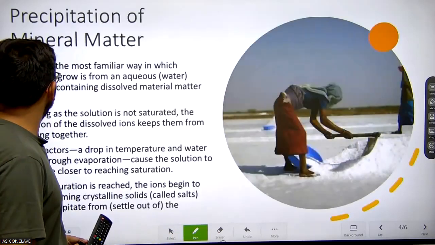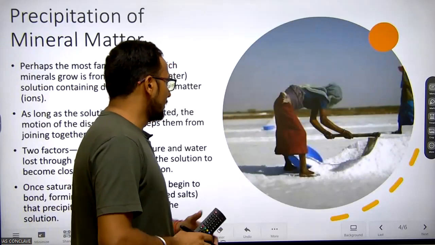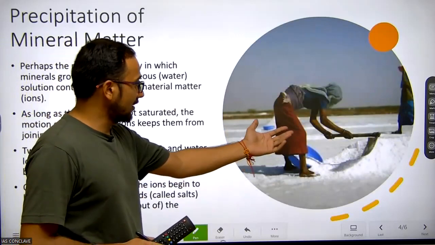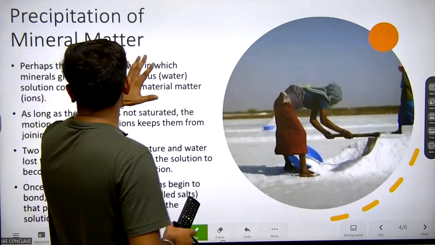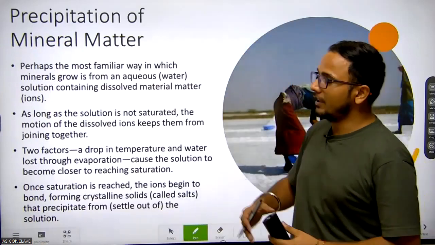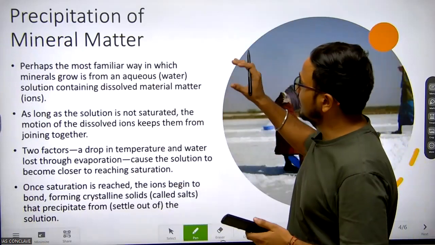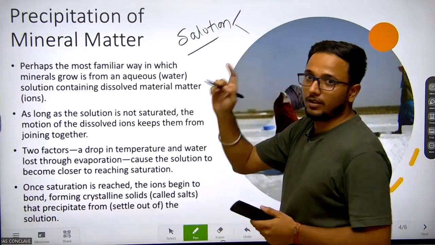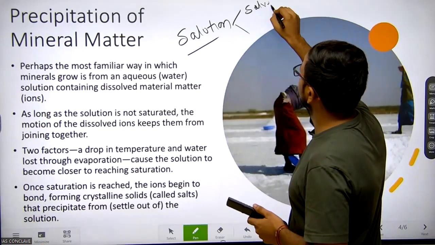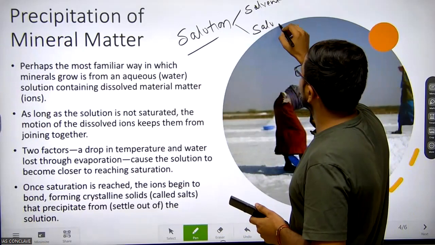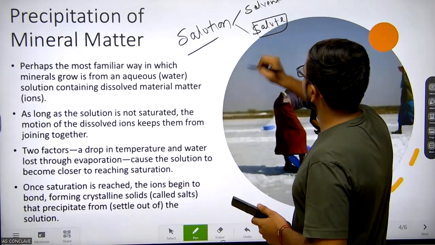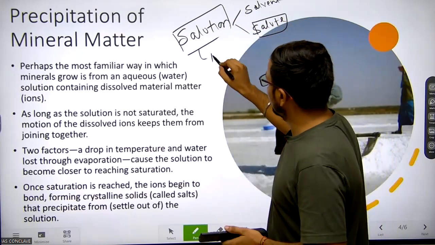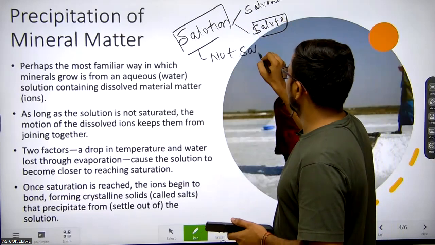Now we will cover the precipitation of mineral matter. You can see how this lady is extracting salt. This can be in the Kutch region of India. The precipitation of mineral matter is perhaps the most familiar way, if you look at what happens when there is a solution. A solution has two components, solvent and solute. Whenever the solution is not saturated,